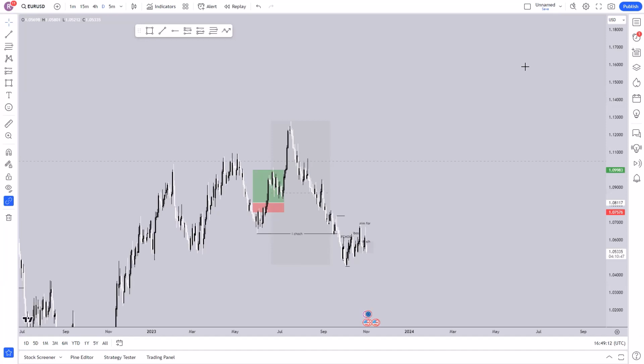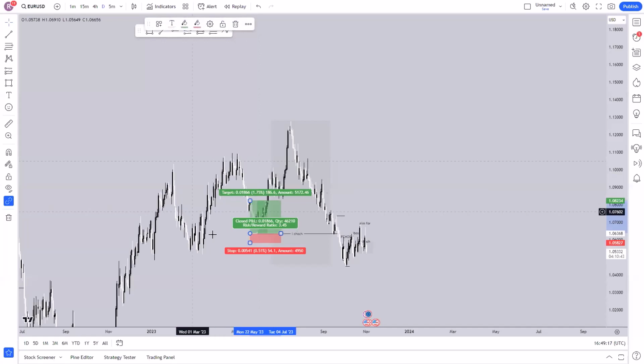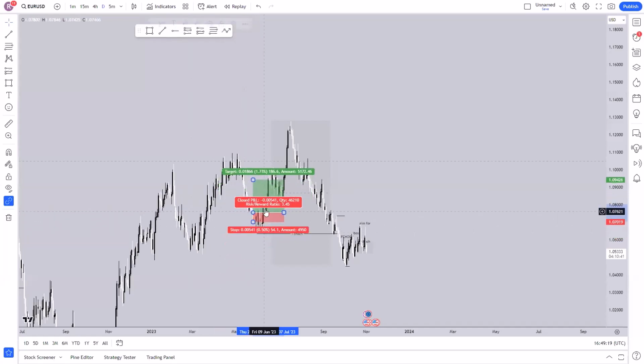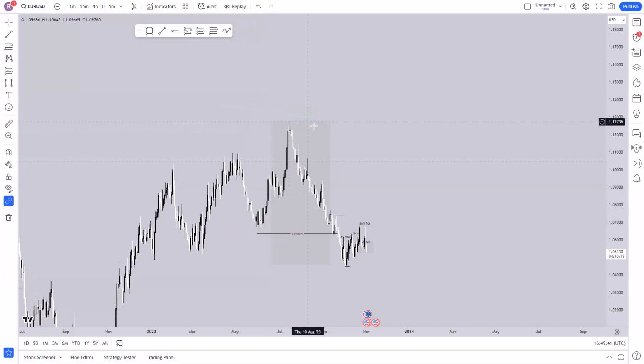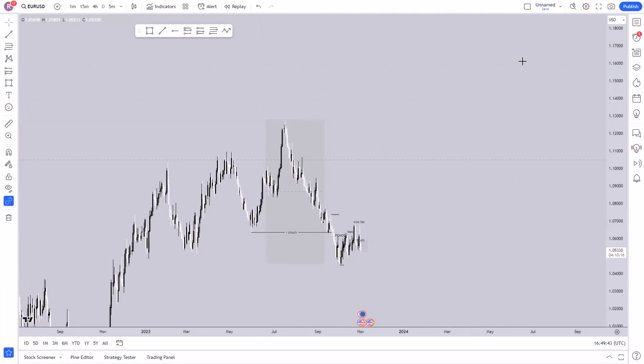And those trades that they take, so let's say they entered in here on this demand zone, right? And they have a fixed risk to reward of like 1 to 10 or something, that's a lot of money. With 10,000 lots, I can't even begin to fathom how much money that would be on a 1 to 10 risk to reward. That could feed all of us here for 50 years. Anyway,